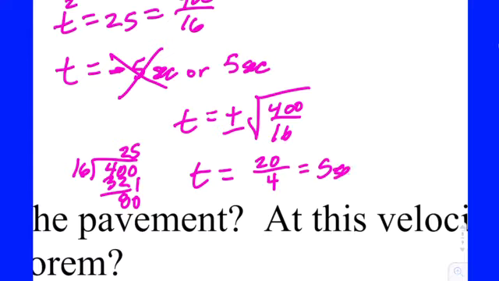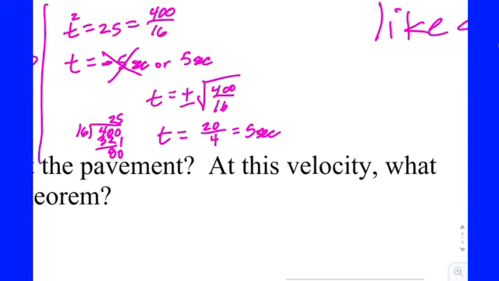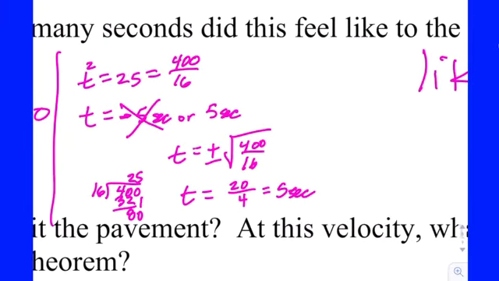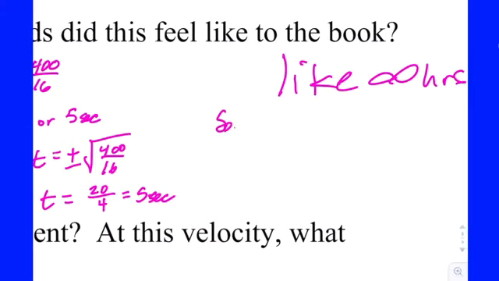Now, on any final answer when units are around, make sure you put units on your final answer. Now, we should answer this with a closing statement, but if you don't, then the bottom line, t equals 5 seconds, becomes your answer to the question. But it's always nice to say, so the book